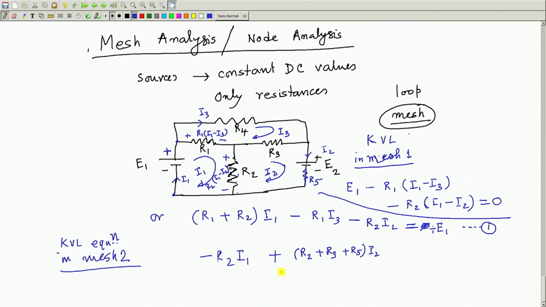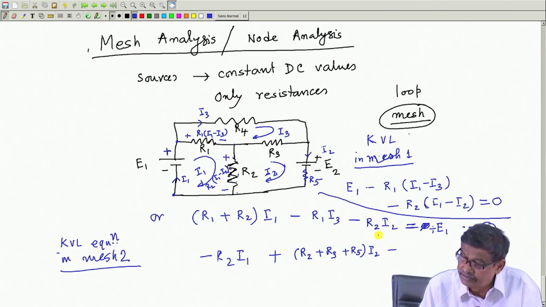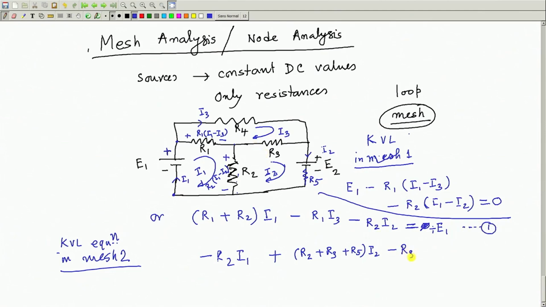Then what will be the contribution of I 3? It will appear as a drop in R 3. So, minus the common resistance existing, R 3 into I 3, that is all. So, all the drops I have taken, and on the right hand side I will connect,